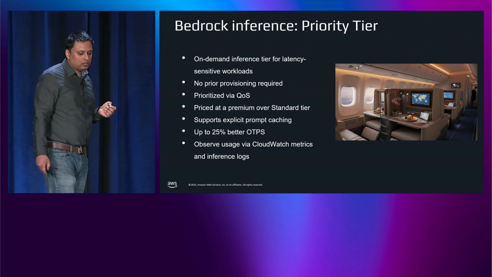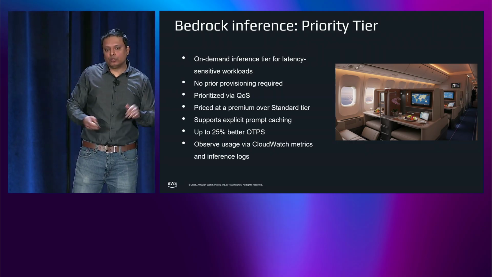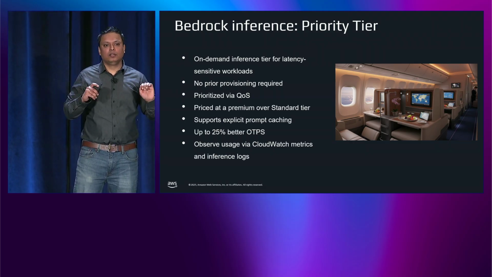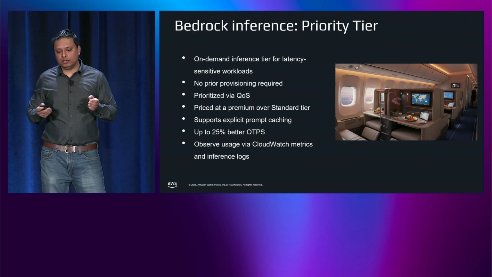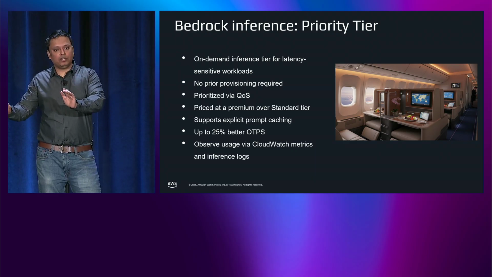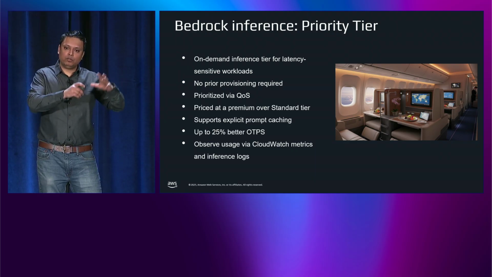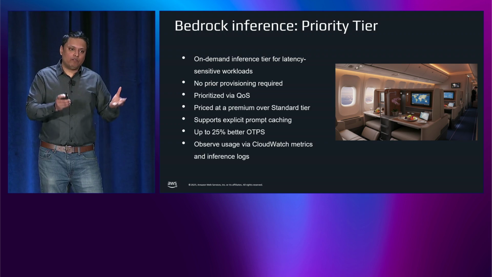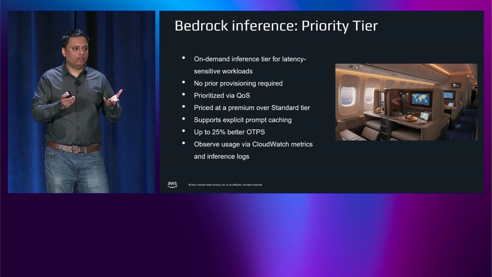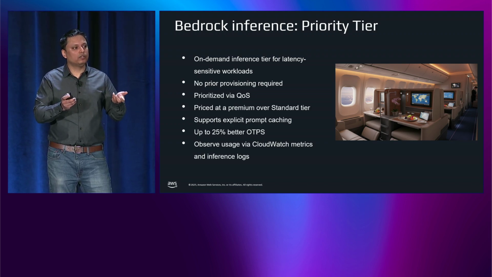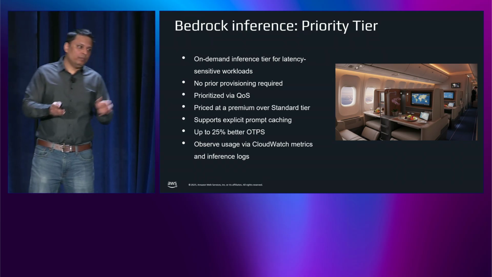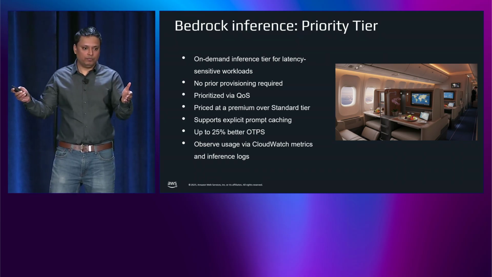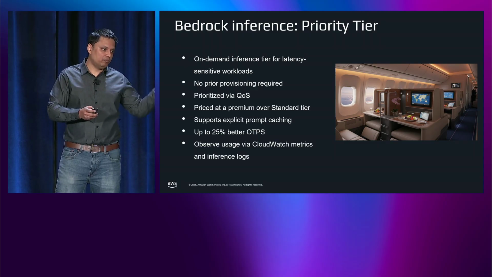And for certain models, we actually also give you better end-to-end latency by giving you better output tokens per minute. So what happens behind the scenes is if it's a priority tier request, we send it to a part of the fleet where we have optimized the fleet configuration or hardware configuration for speed. In simple words, for standard tier, we may have a batch size of 8 or 4. For priority tier, we keep the batch size smaller.